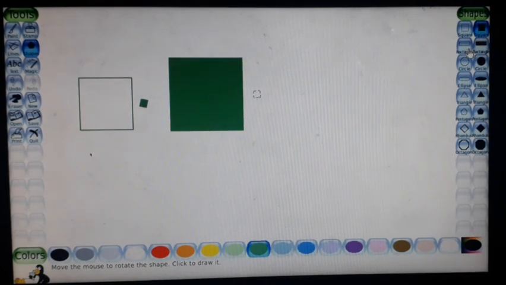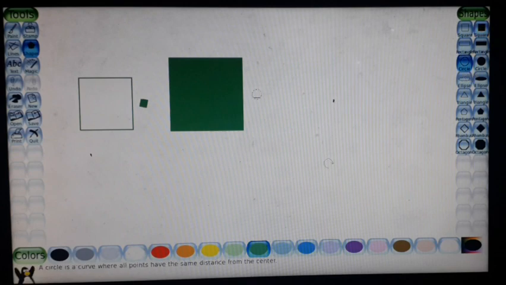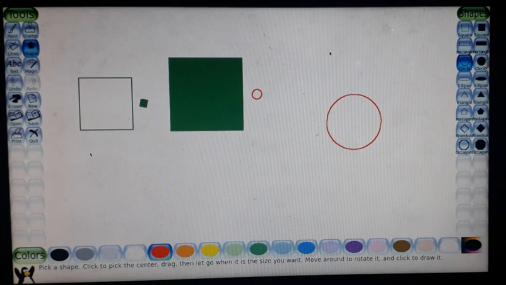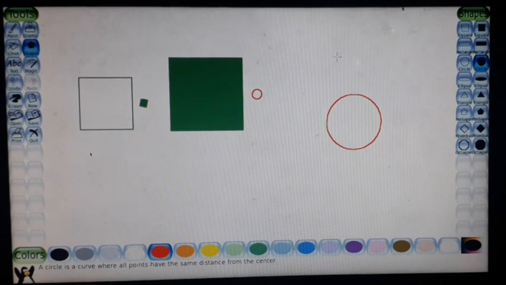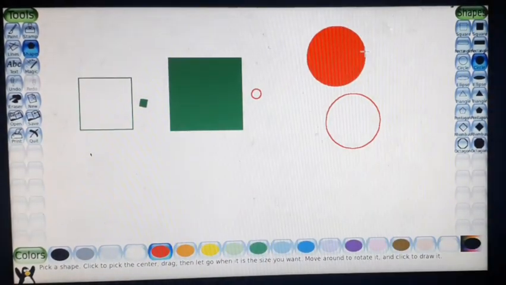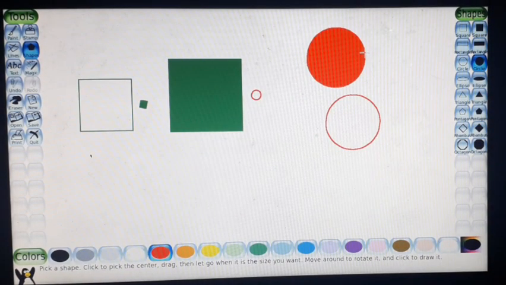We can draw many shapes from the shapes tool. Do all of you understand what is the use of the shapes tool? The shapes tool is used to draw different shapes. We can choose the color from the color plate. This is a circle. Then this is a circle with the fill color. Okay, all of you understand?